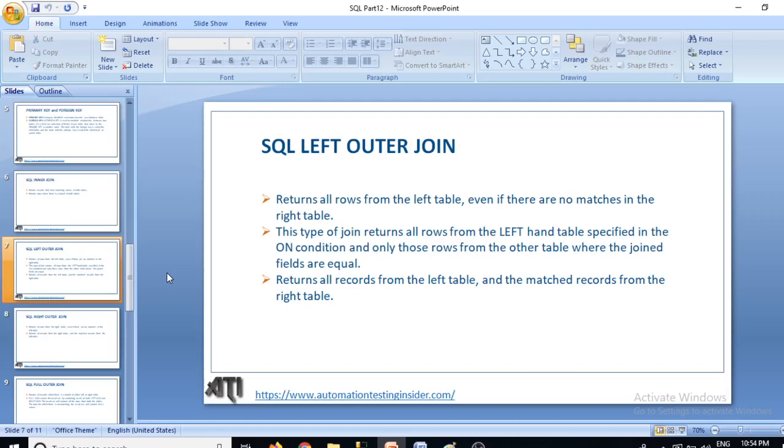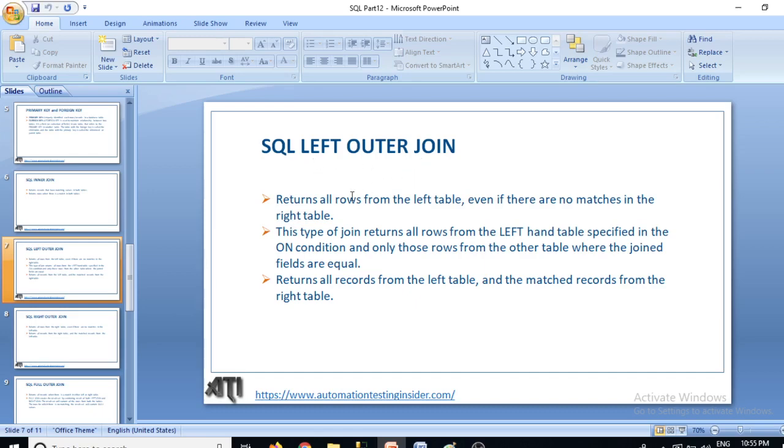This is SQL tutorial part 14 and today we are going to talk about what is SQL left outer join. In the last video we have seen inner join, or you can say simple join. Now today we'll discuss what we mean by SQL left outer join, where we apply left outer join, and how we write a SQL query using left outer join. I'll show you with the help of an example. So just watch this video till the end guys, so you'll understand better how we write SQL left outer join. So let's get started with the definition, what we mean by SQL left outer join,